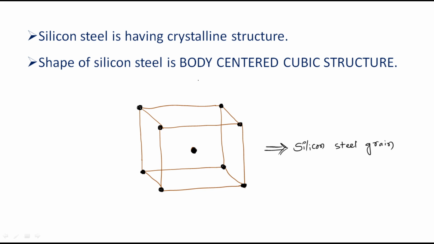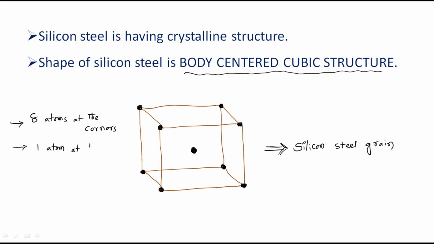The structure is what? Body centered cubic structure, that is 8 atoms at the corners, one atom at the center. Okay,